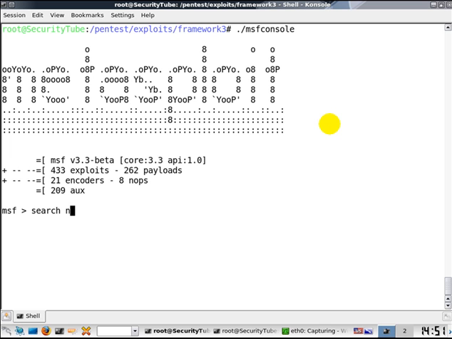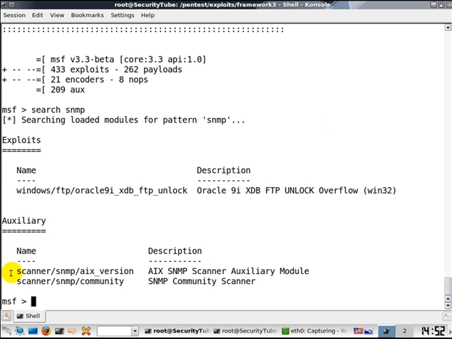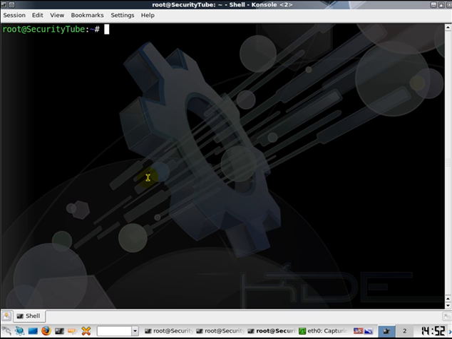Let's quickly search for SNMP to locate our SNMP scanner with which we'll launch an attack. As you can see, there is an auxiliary module called SNMP Community Scanner which we will use. However, before launching the SNMP attack, let's verify that there is an SNMP connection which can be made with the